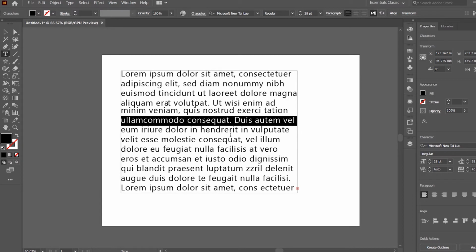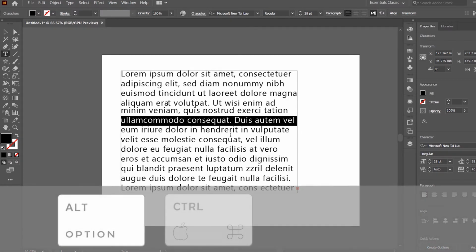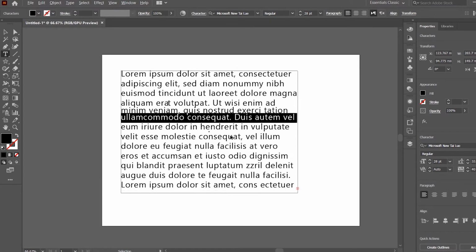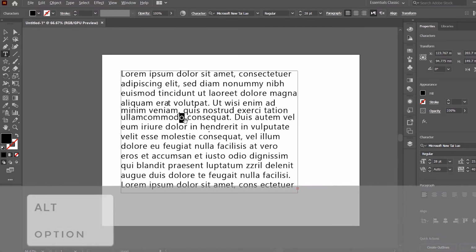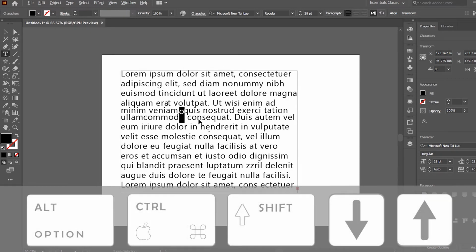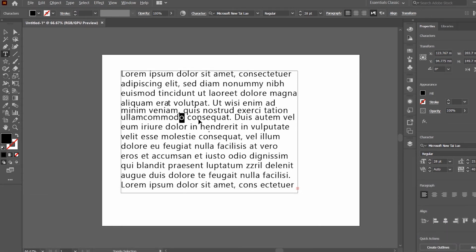If I want to make it faster, then you hold down Alt and Control or Option and Command and the arrow up. That will bring it up by 100 points at a time. Now if I want to work only for one word or one letter, as you can see this doesn't work for a word. Say I have a squared, there is a way to do squared, but for demonstration purposes let's just use that. Then you press down Alt, Control, Shift or Option, Command, Shift,